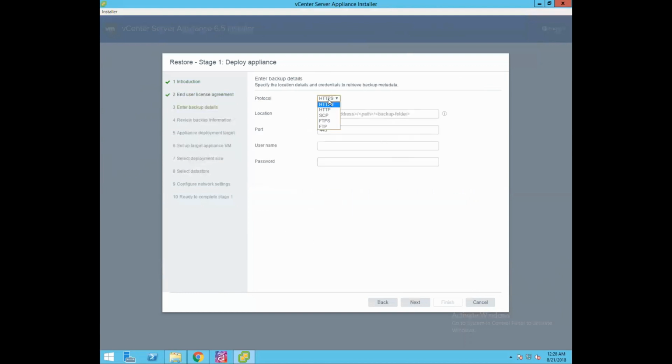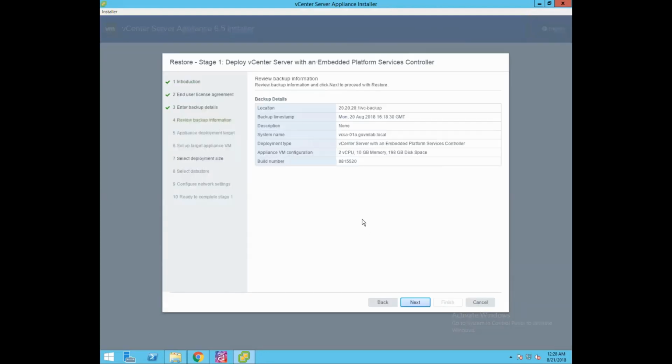Now enter all of your backup details. So select protocol as FTP, backup location is 20.20.20.1 slash VC backup, port number is 21, username is FTP user, password is the password of your FTP user. Click on next, and now as you could see, we could review all of our backup information.